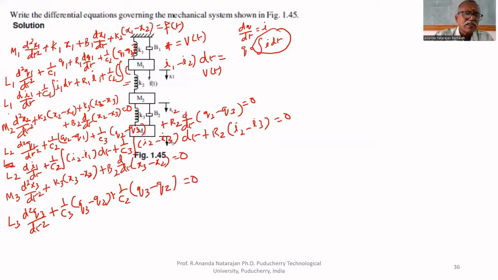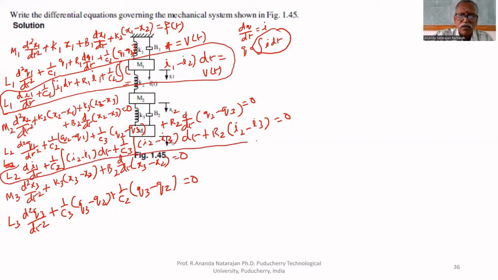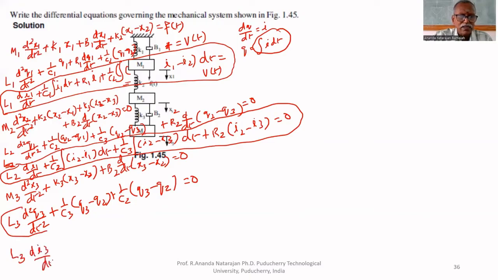So if you take this equation, this is the second Kirchhoff's voltage law equation. If you write this in current, L3 di3 by dt plus 1 by C3 integral of (I3 minus I2) dt plus 1 by C2 integral of